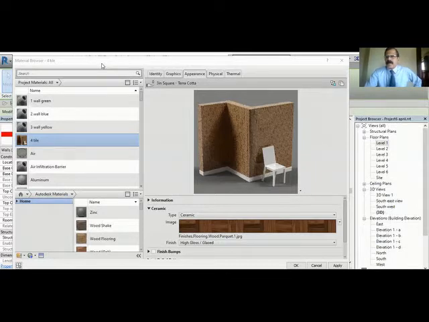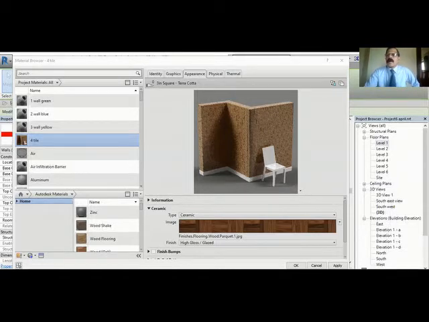See different types. Suppose I want this one. Right click, save image as. I will select desktop here. Tile. See, tile 01.